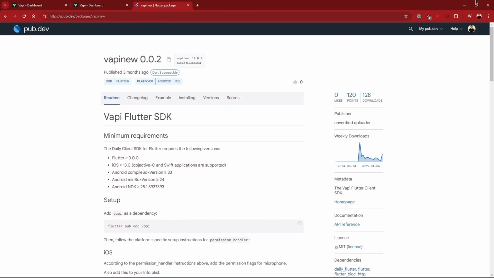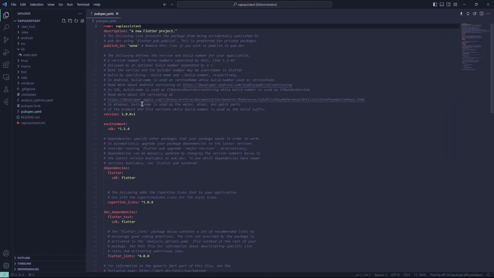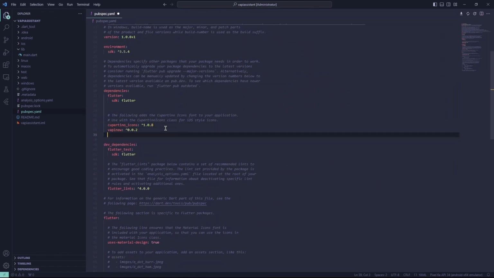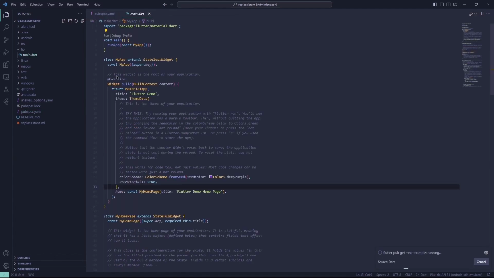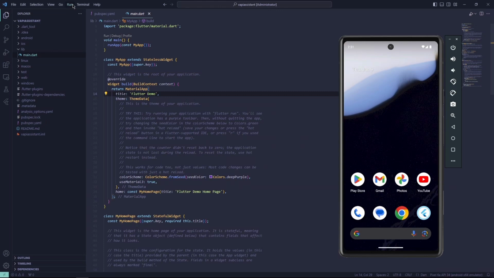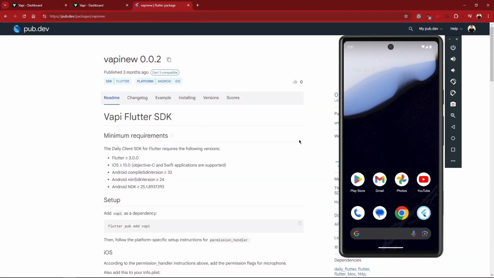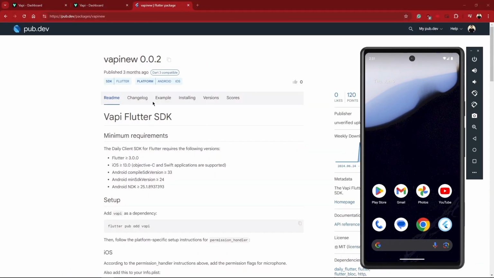So I've just copied it, and I'll go into the pubspec.yaml file and add it in here. I also need the permission for using the mic, so I'll add this permission handler. Okay, now I'm just going to start and run my application. Meanwhile the application is running,